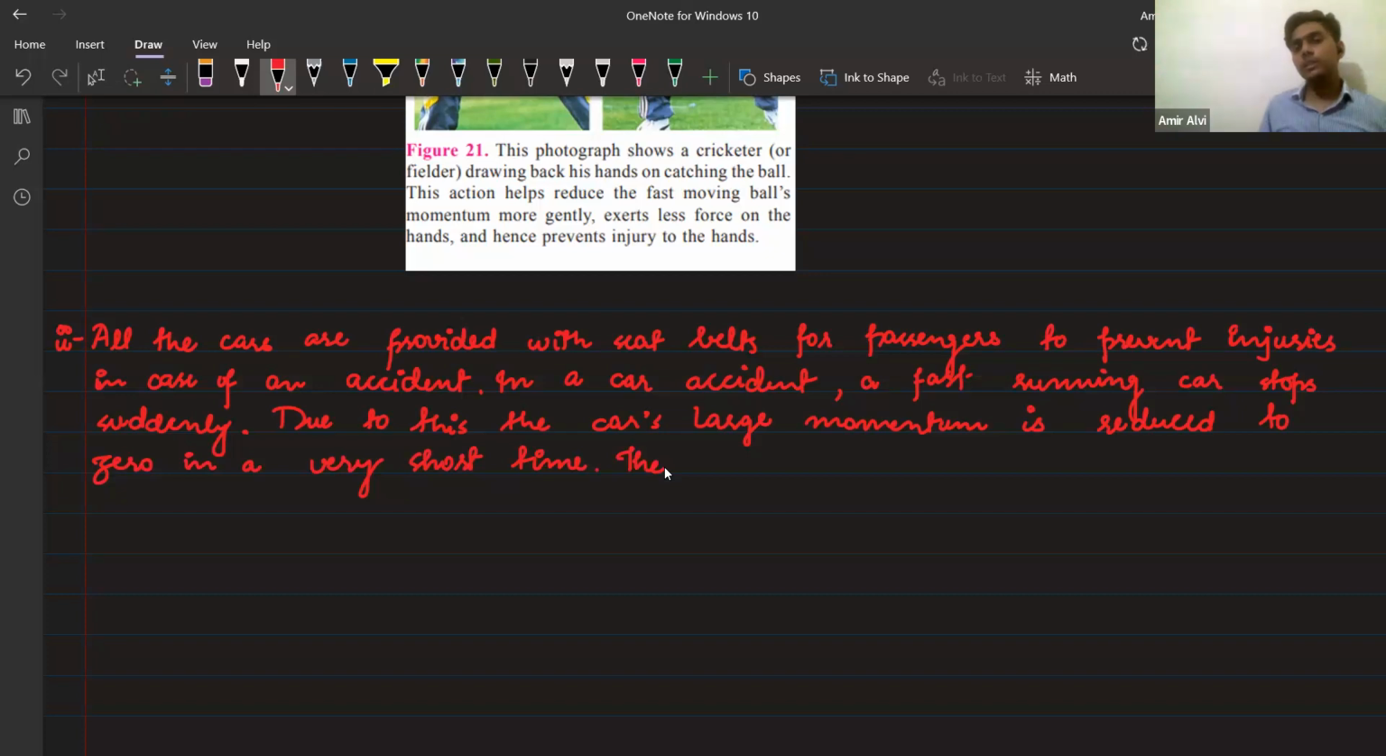So basically, when the momentum of the car becomes zero, it suddenly stops. So our seat belts basically stretch a little bit. Okay, so this increases the delay in the change in momentum a little bit. So that's why the force exerted on our body is less. Okay,